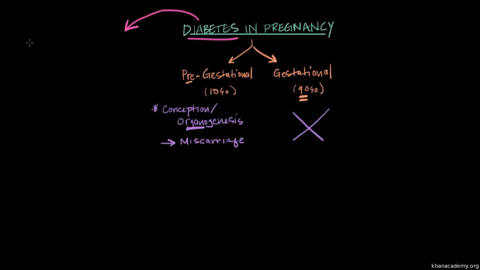And one of the complications that we tend to think about a lot, that tends to be talked about a lot, is fetal macrosomia. So let me explain that a little bit. All right, so if mom has diabetes, the basic gist of it all is that her glucose levels tend to run on the high side. And glucose can cross the placenta into the bloodstream of the fetus.